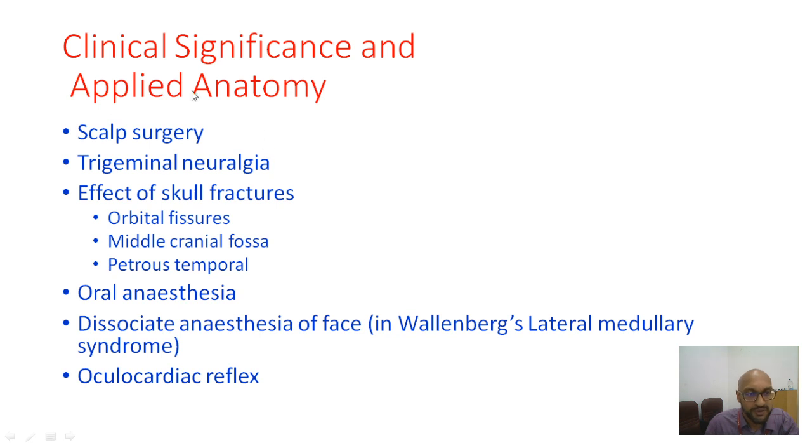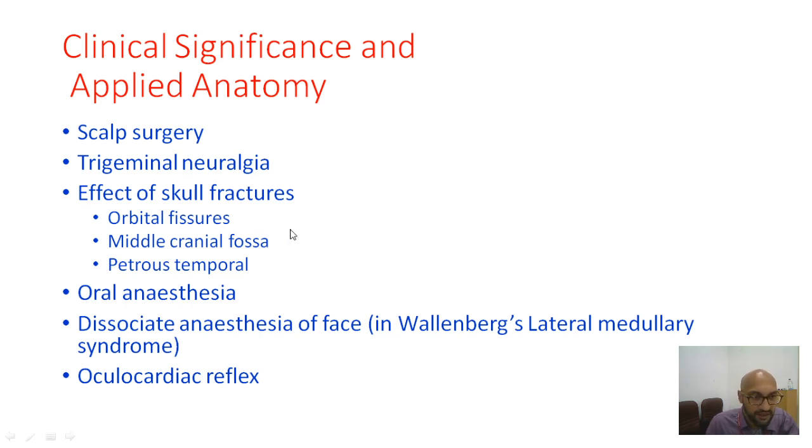This I'll deal with also with the gross anatomy in scalp surgery, why it is necessary to give general anesthesia instead of local anesthesia whenever you are suturing or doing any surgery on the scalp. And then there is this extremely painful condition known as trigeminal neuralgia, that is also related actually to the trigeminal ganglion more than the central nervous system component of the trigeminal nerve, and therefore I shall deal with that also